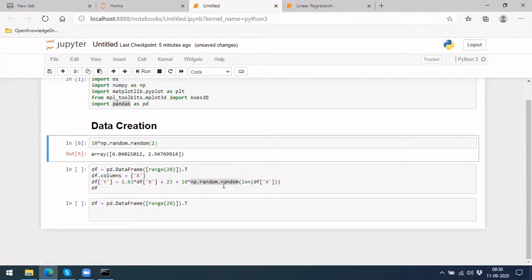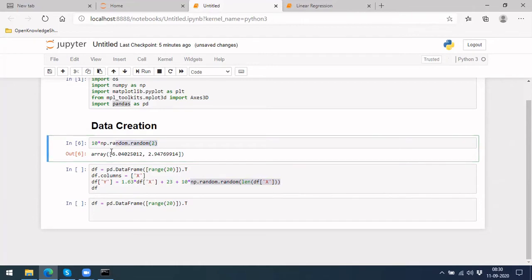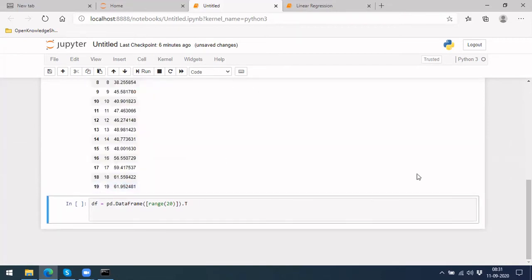Okay. So I did the same here. I generated the same number of random numbers as the length of the data frame, that is len of df. So how many rows you have, that many random numbers within 0 to 10. After doing that, I am adding them to each of the rows. Let's see what you'll be getting. See, let me delete this.